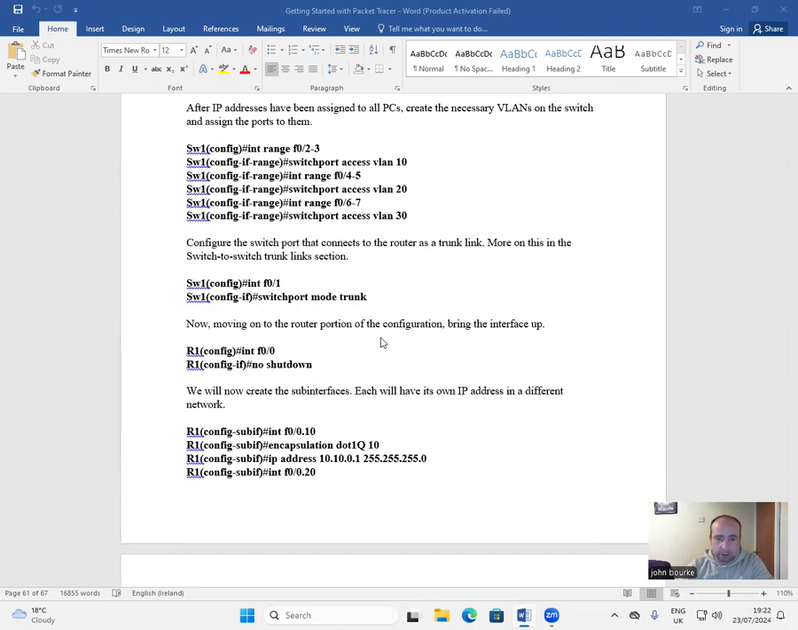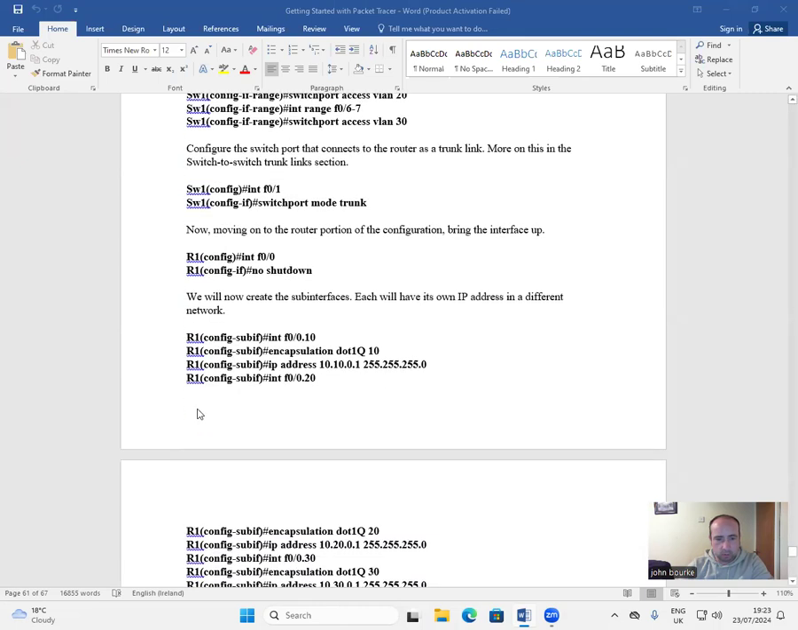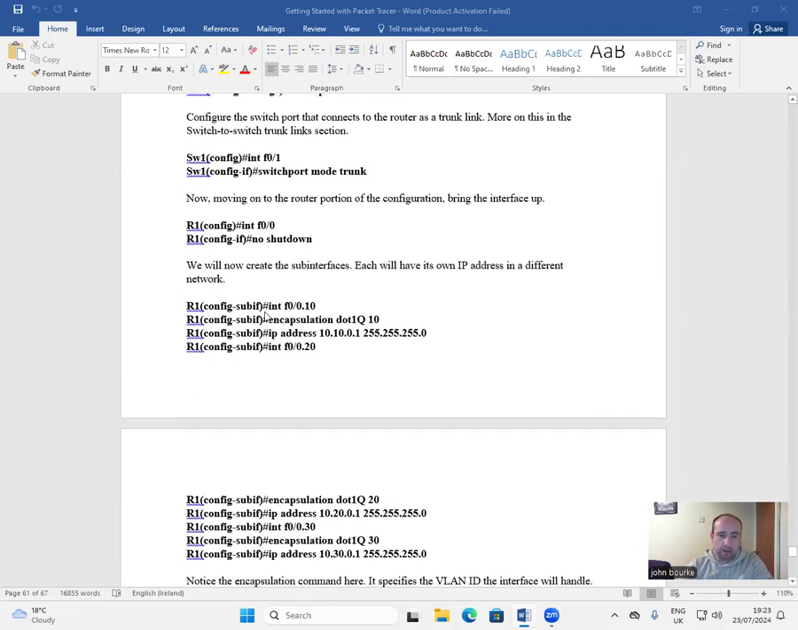Now moving on to the router portion of the configuration, bringing the interface up. R1(config)# interface Fa0/0. R1(config-if)# no shutdown. We will now create sub-interfaces. Each will have its own IP address in a different network. R1(config-if)# interface